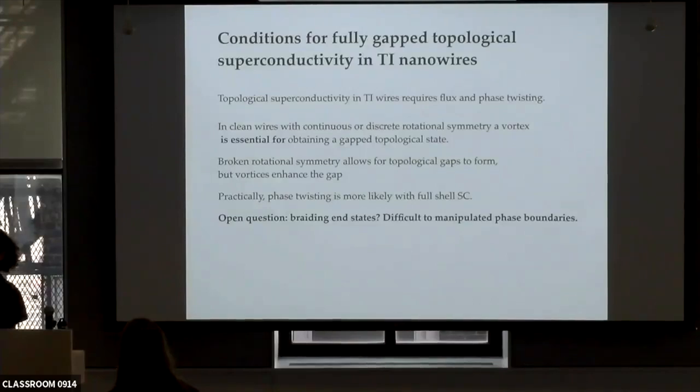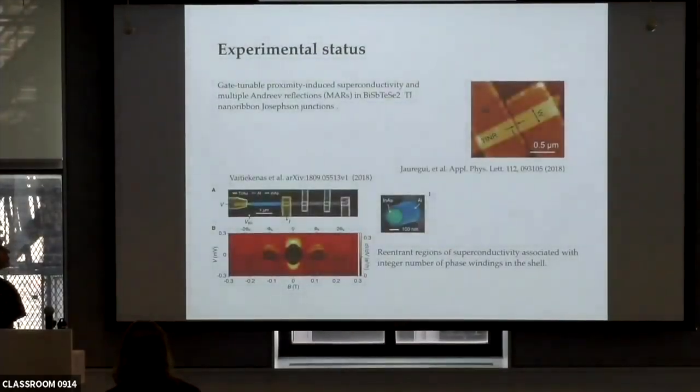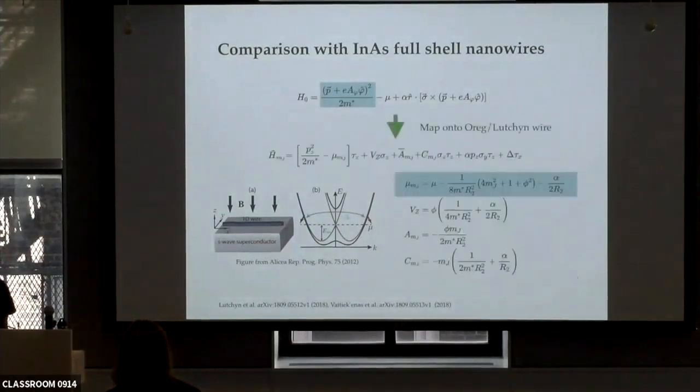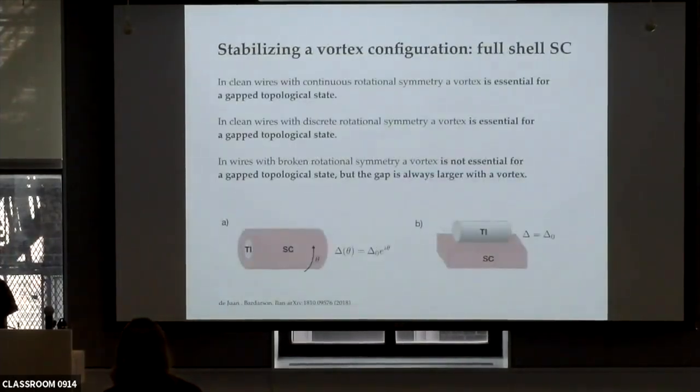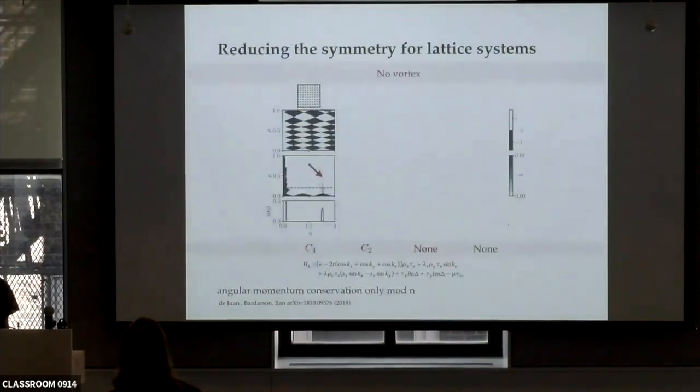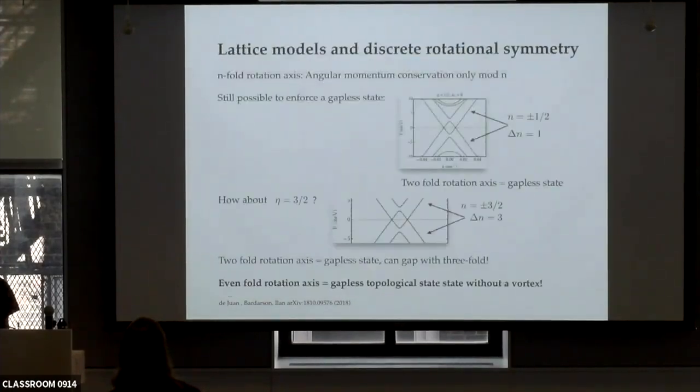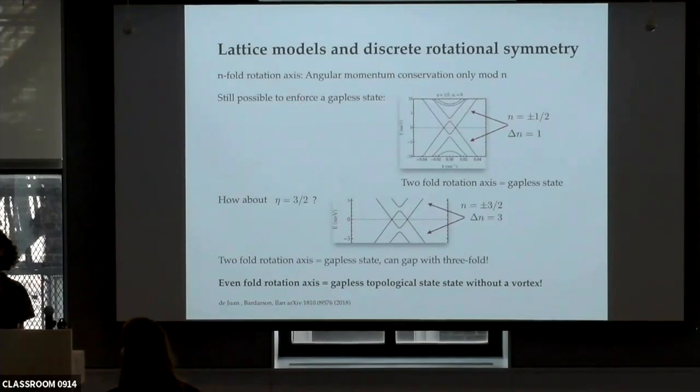Can I go back to this gap and vortex figure? The one where if you don't put a vortex, you don't gap? This one? No, just the band. This one? Yeah, there was a comparison, but this one's perfectly fine too. So this one is a one-dimensional gapless superconductor. Yes. Normally gapless superconductors are in 2 dimensions because the order parameter goes to 0. You need at least 2 dimensions for a gapless superconductor.